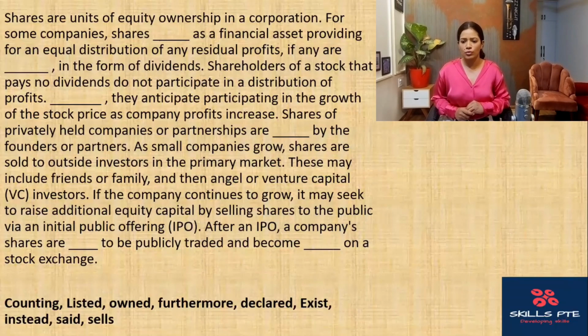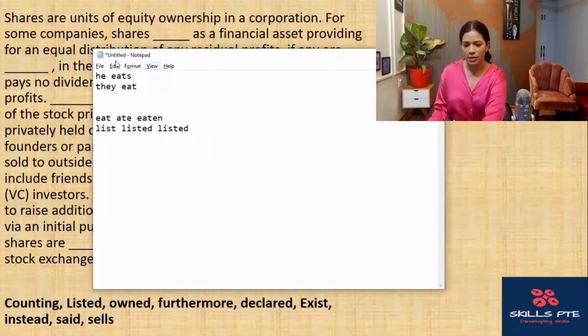So I have an easy solution to solve the first blank. We have an easy grammar tip called subject verb agreement. Your subject and verb will have a relationship based on an agreement. If your subject is singular, for example he, then your verb takes an s: he eats. In the same way, if your subject is plural, they, your verb stays without s: they eat.